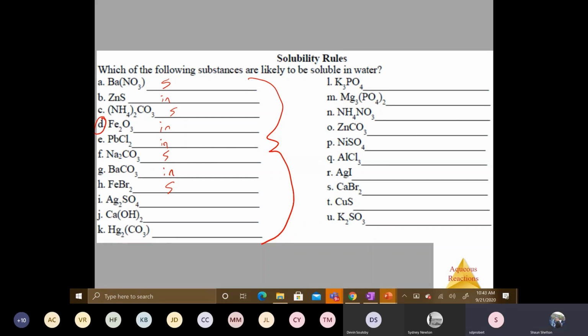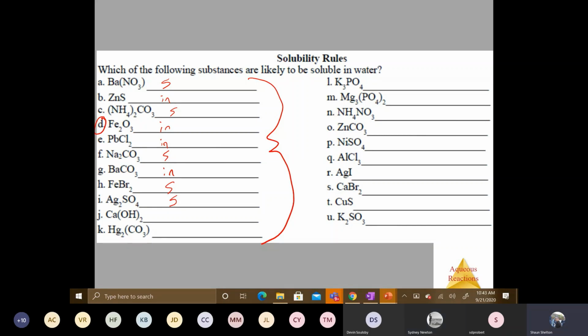All right. Where is sulfate found, anybody? Is sulfate in group 1 or is it in group 2? It's generally soluble according to my things I should know handout. Okay, yeah. So what would you put on that? S or IN? It would be S. All right, good. That's perfect.